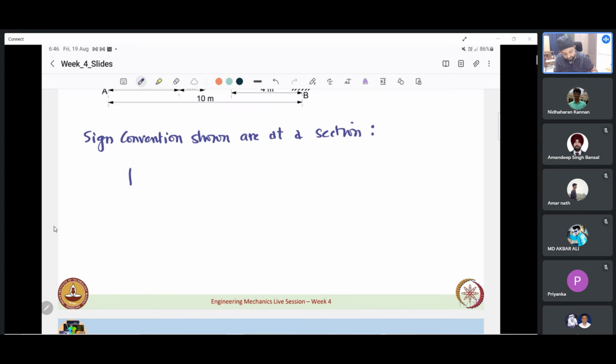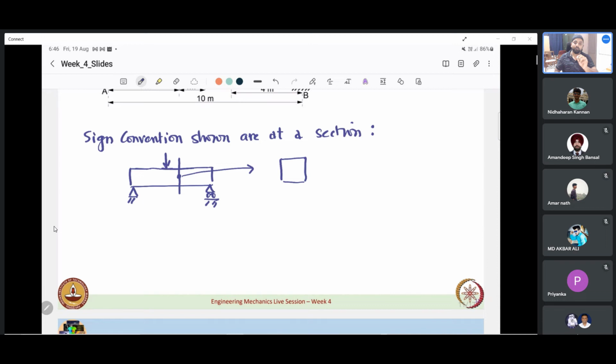Actually, this is a beam. There is some load applied, let us say, and then there is some support condition, let us say. From this, we will take one section, and at that section we have a point. This point we will represent by a square,